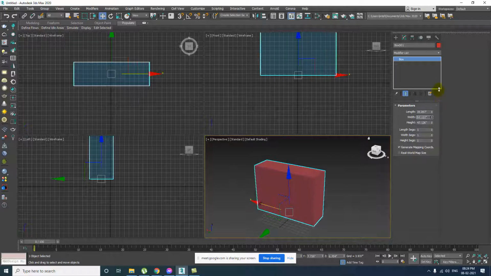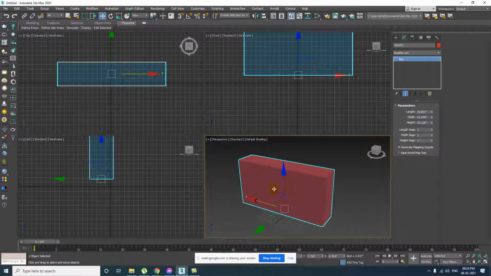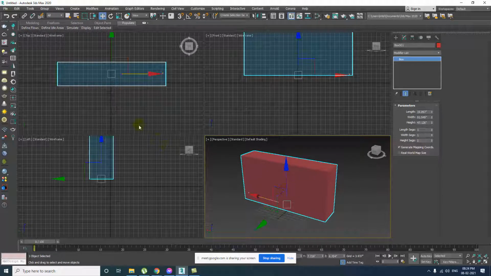I will just increase the width. See, simply I changed the shape of the object, so that we can understand what we are seeing in the different viewports.